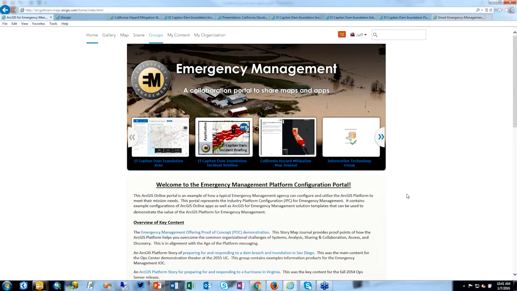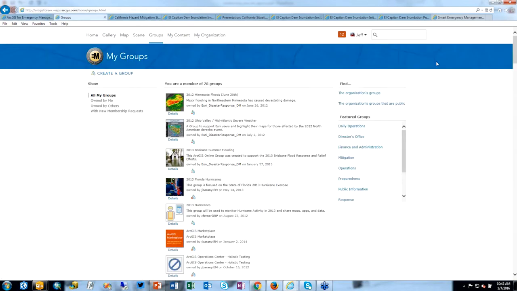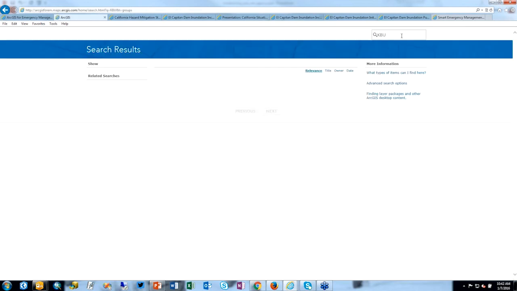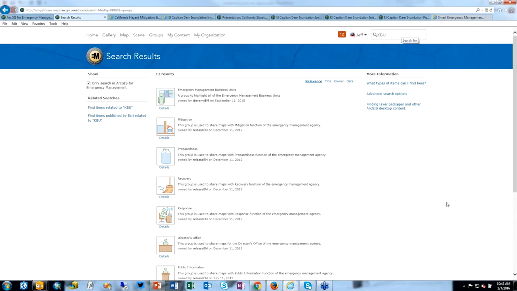And so now this is where it all starts. The front page of the portal, whether that's implemented in the public cloud or on premise, is the place to start. And we can organize our information in a series of groups to make it easier to find and discover. There may be many groups inside of your organization, and we can organize them in a way that makes sense.